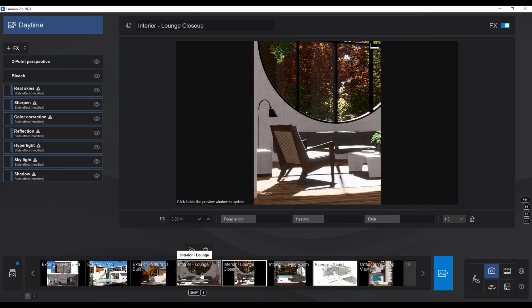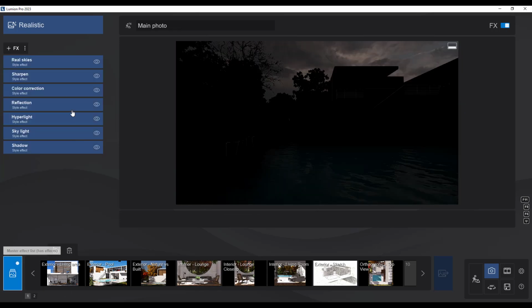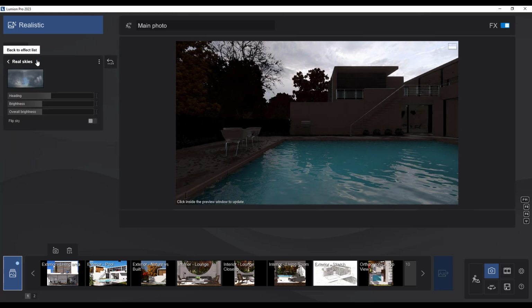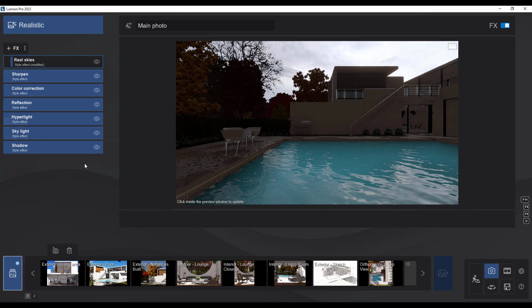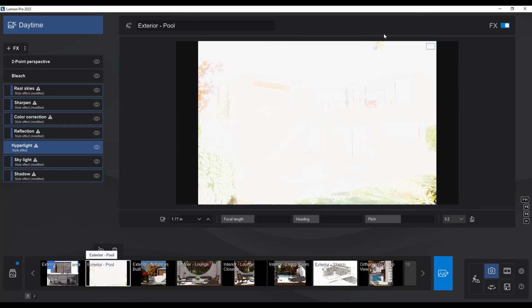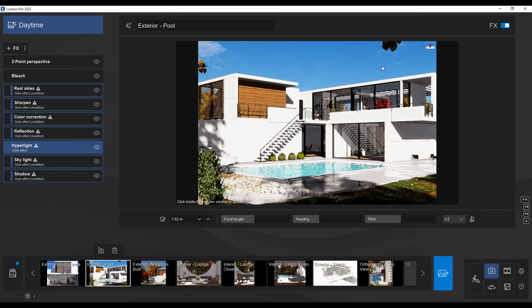styles, like this. So like, for example, Real Skies is across multiples of these. I thought that you should be able to come in here and make an adjustment to adjust like the brightness and the heading and things like that, and it would be applied to all of these. It's not doing that. I think that I am missing something here, but I'm not sure what it is, because if I click on Master Effects List, notice how it's not applying that same background to this scene right here,